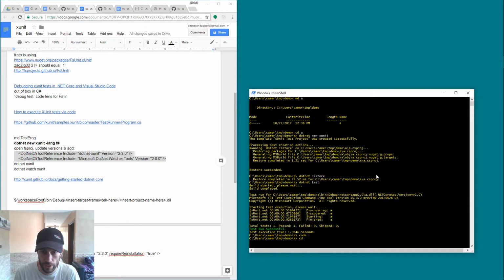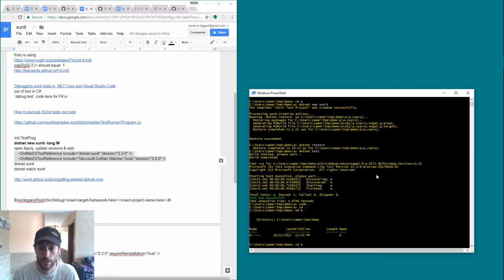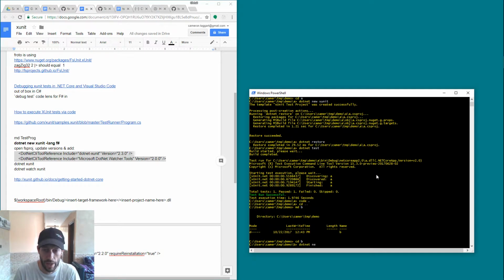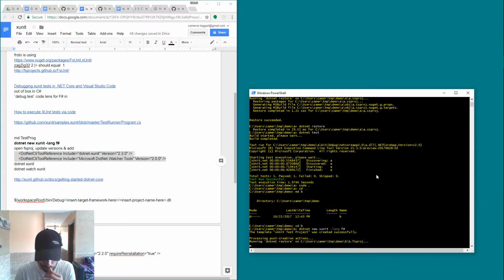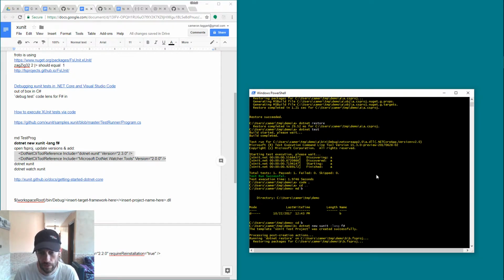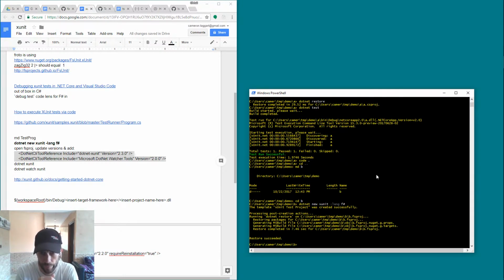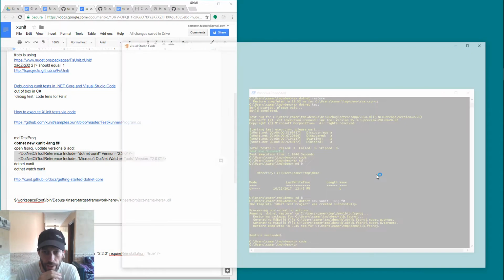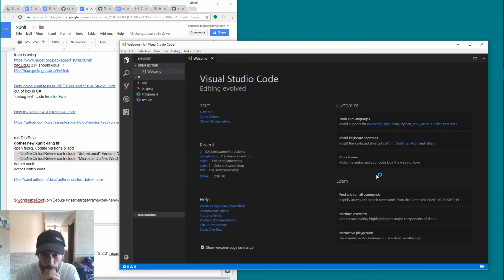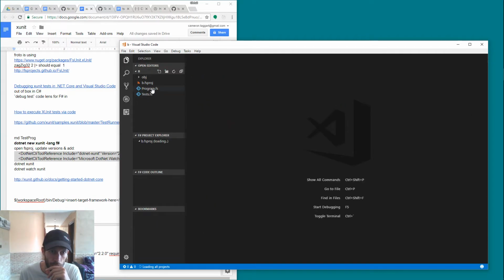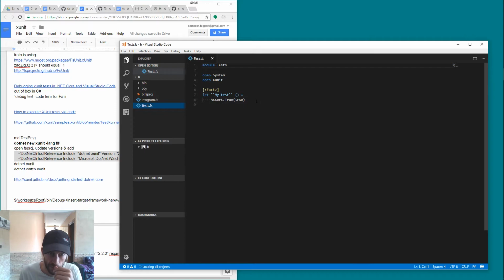So just to demonstrate, in F#, we create a B project, and this is .NET new xunit lang is F#. And we start to code that. So we do have our test here, and we can edit